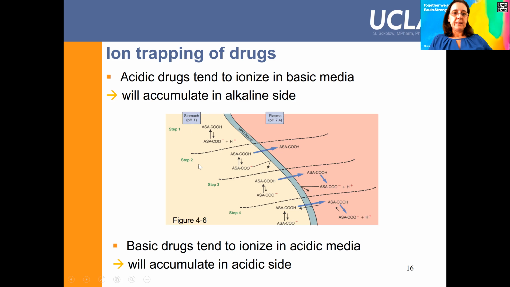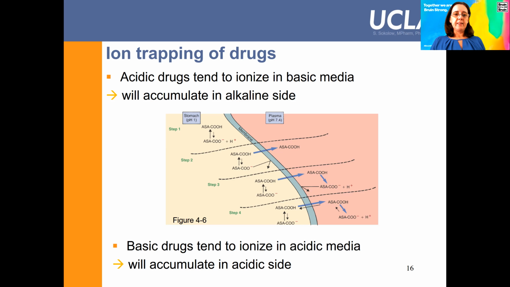In the stomach, it's slightly acidic, you see pH 1, and the pH 1 is not in favor of the ionization of aspirin. If you look at those two arrows, you see that the biggest arrow is more in favor of the non-ionized form of aspirin, because aspirin, an acid in an acidic media, tends to stay